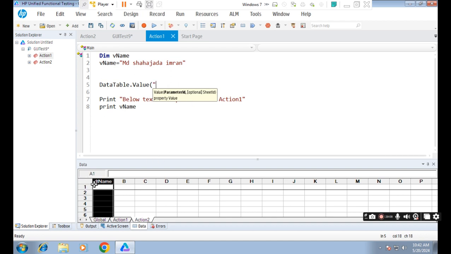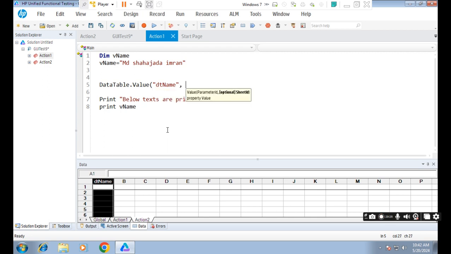What is the parameter name? DT name, in double quotes. That is the parameter name I have given, comma DT name, comma, and